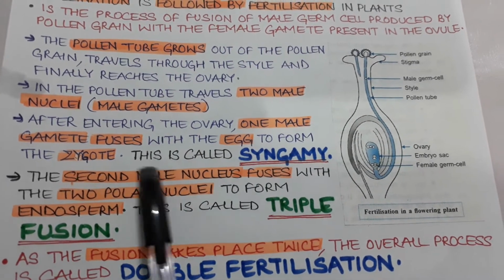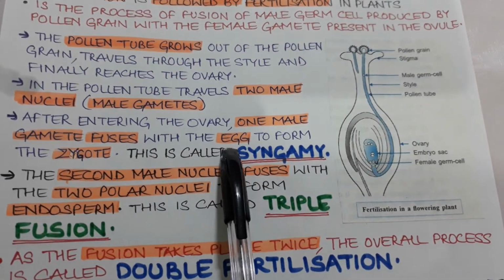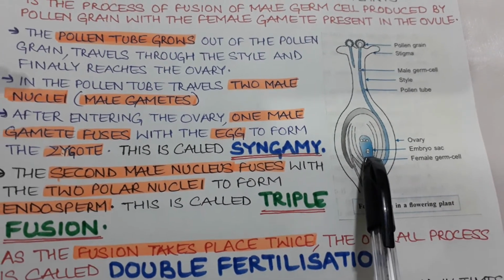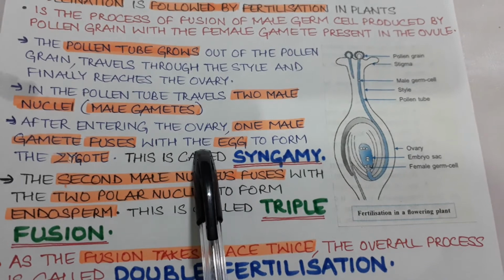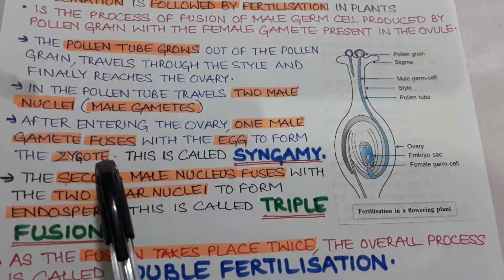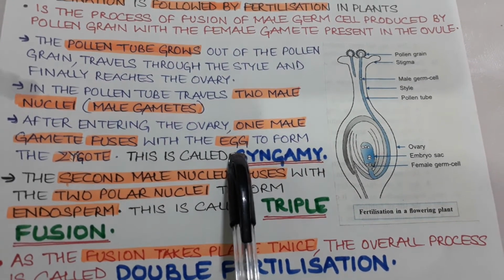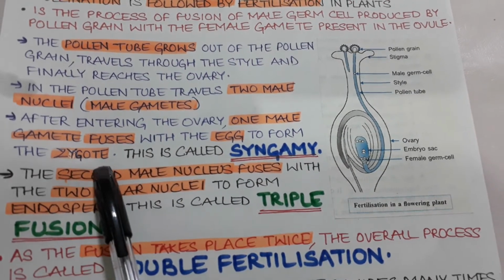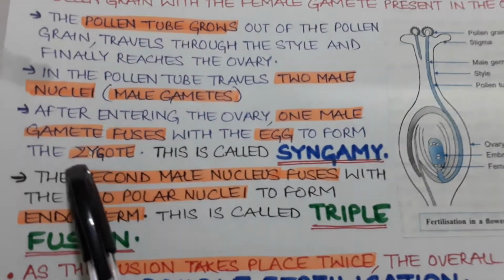One of the male gametes fuses with the egg that is present in the ovule. This fusion of one male nucleus and the egg of the ovule results in the formation of the zygote,